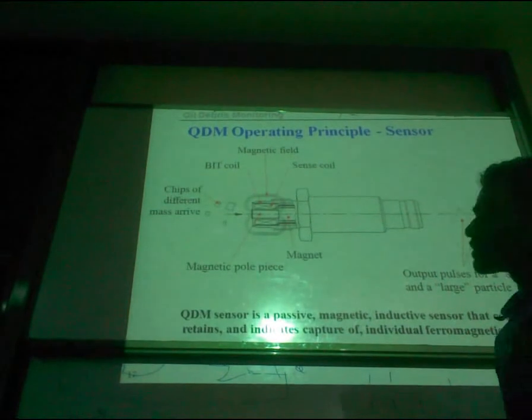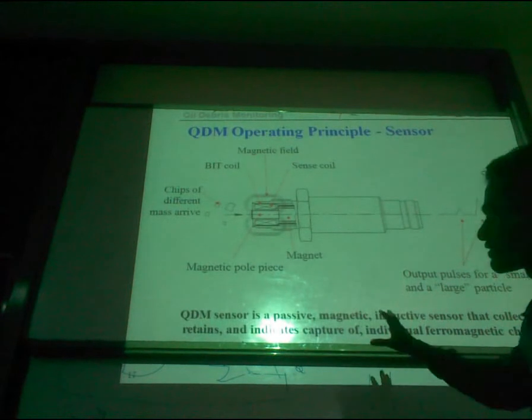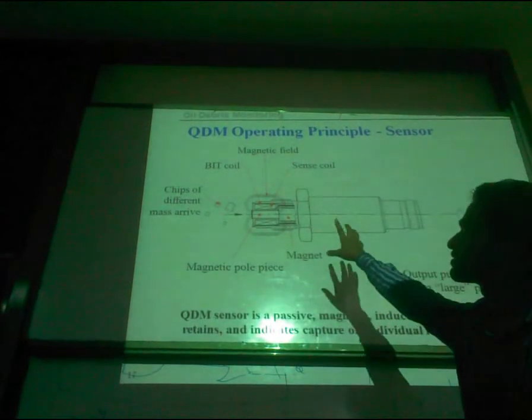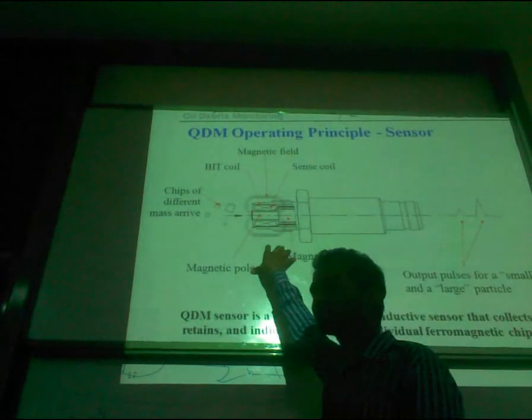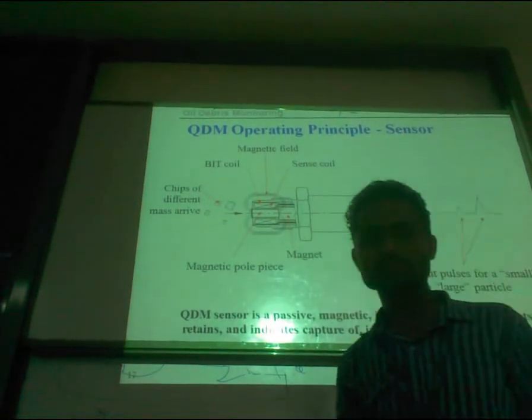This is the quantitative oil debris monitoring. How this sensor works, we have already seen: these are the chips and these are the coil assembly, and we know how this works. Next,